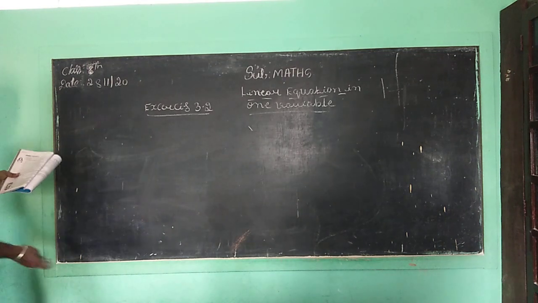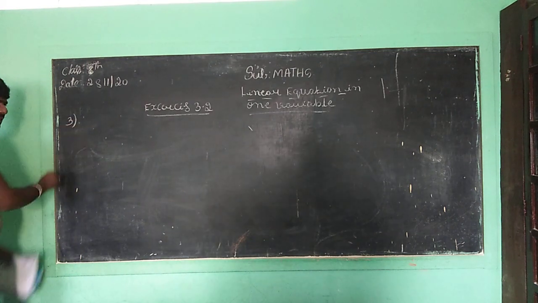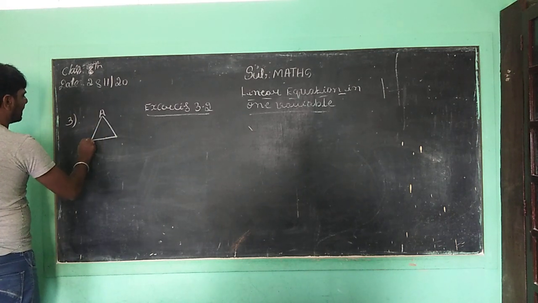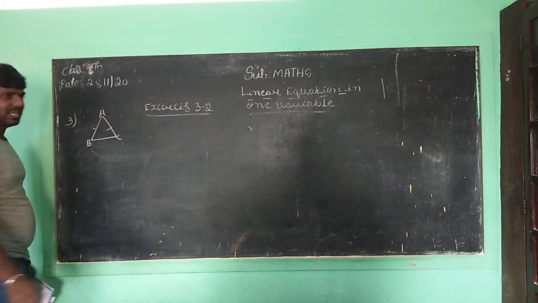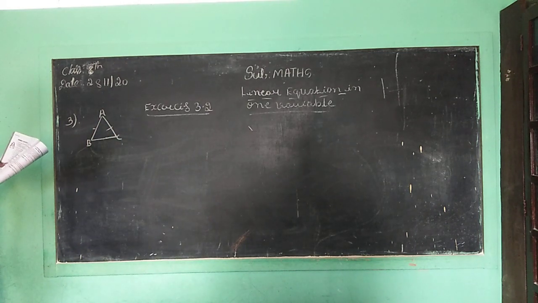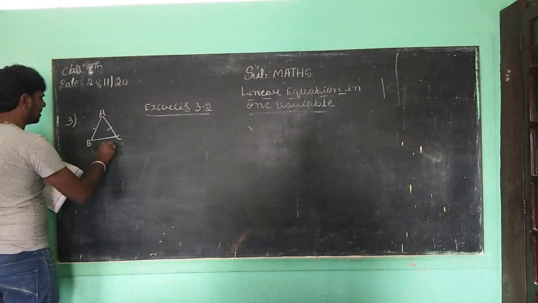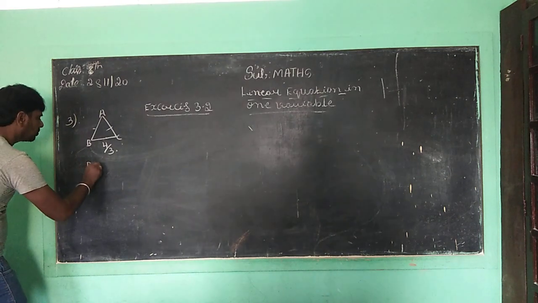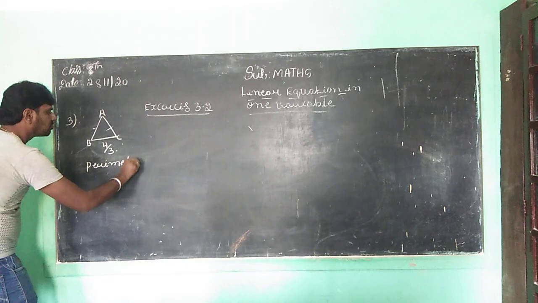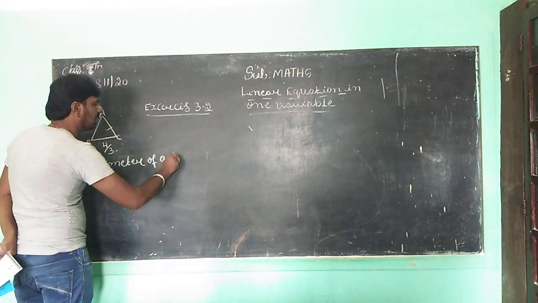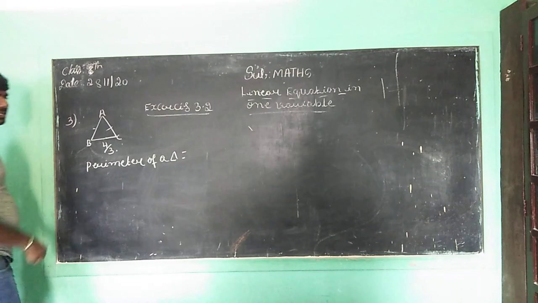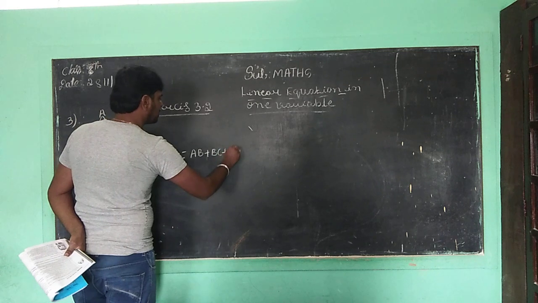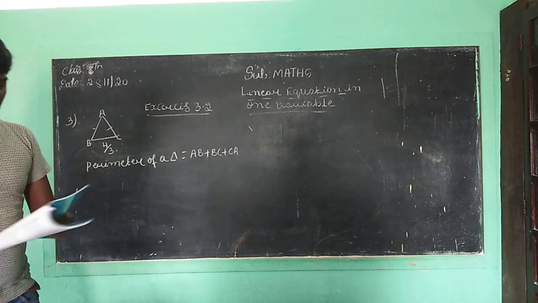Correct children. Now you want to take the given isosceles triangle. What does it mean, children? Isosceles triangle means 2 sides are equal. AB is equal to AC. The base of the isosceles triangle is given, children. This is 4 by 3, and the perimeter of the triangle they also gave. Perimeter of a triangle is equal to, already we know, children, you add the 3 sides: AB plus BC plus CA. Correct children?